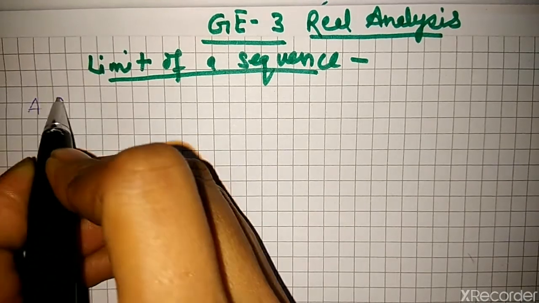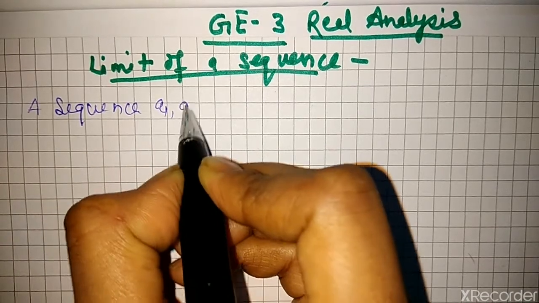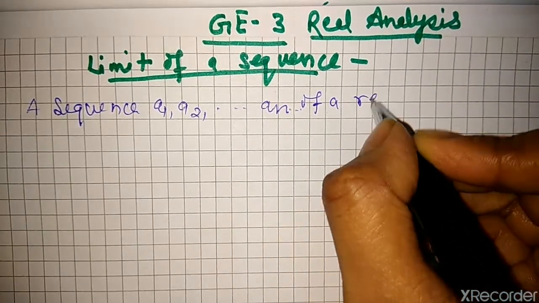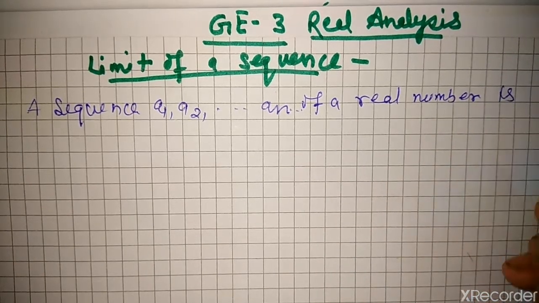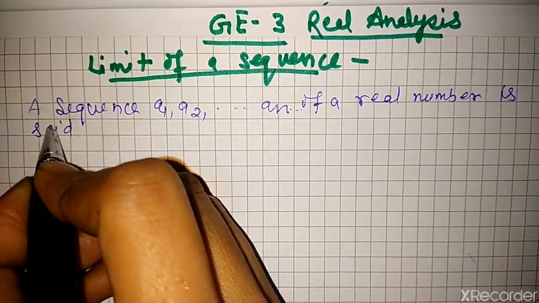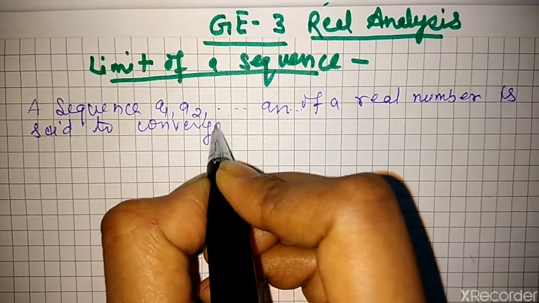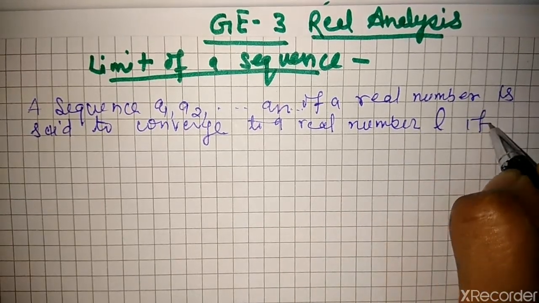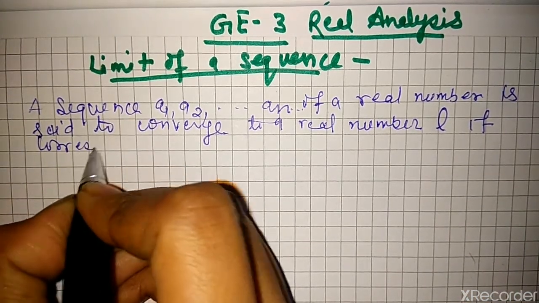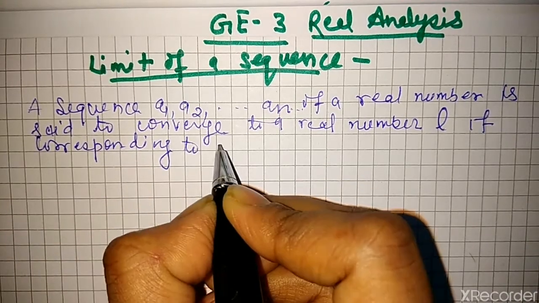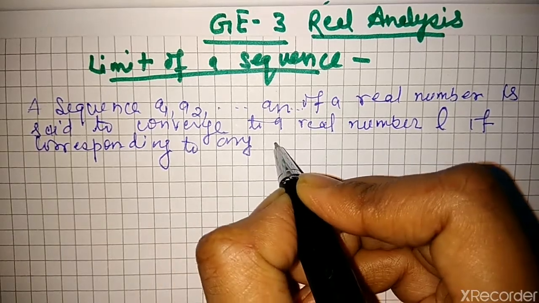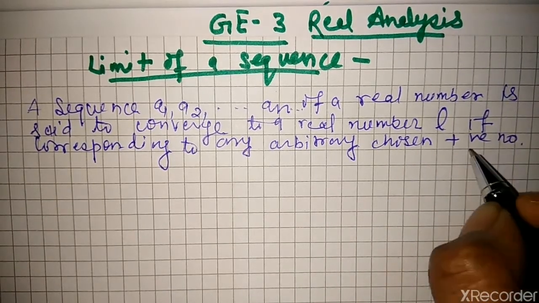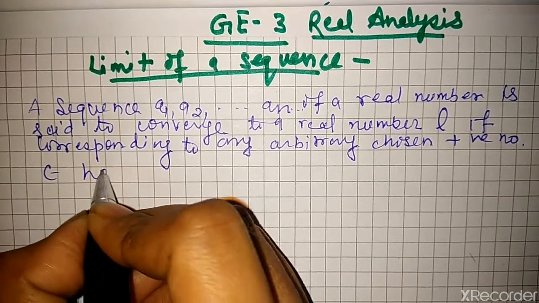A sequence a1, a2, up to an, and so on, is an infinite sequence of real numbers. It is said to converge to a real number L if, corresponding to any arbitrarily chosen positive number epsilon, however small, this is very important,